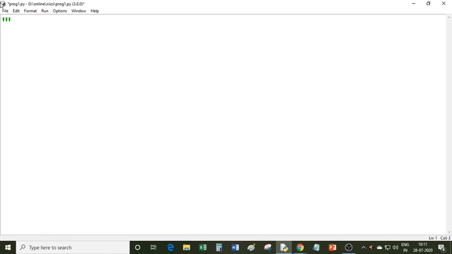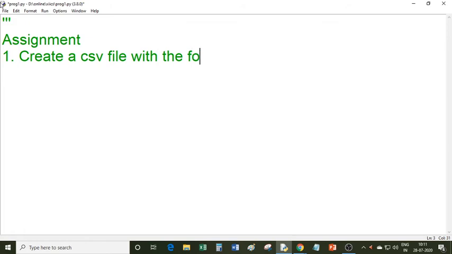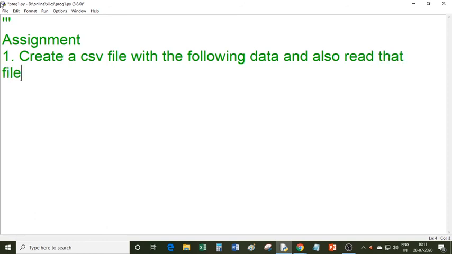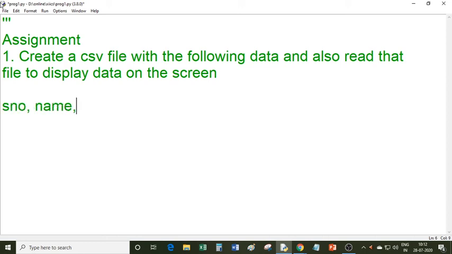So write down the assignment. Create a CSV file with the following data, and also read that file to display the data on the screen. Serial number, name, and price.